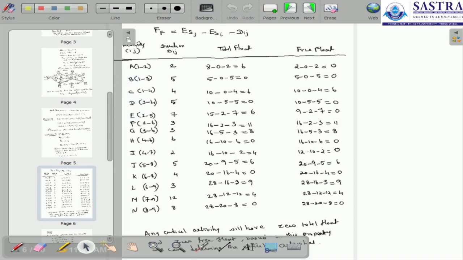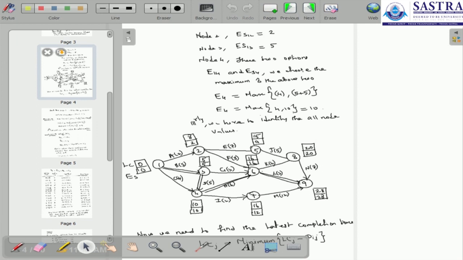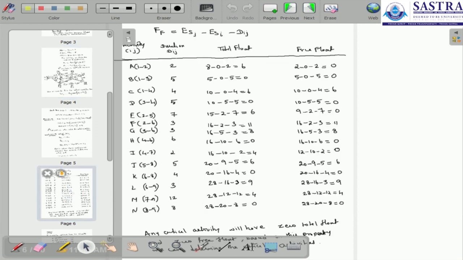Now we can calculate the free float. Through the formula, that is ES_j minus ES_i minus the duration, and through this diagram we can calculate the values. Here the free float is equal to